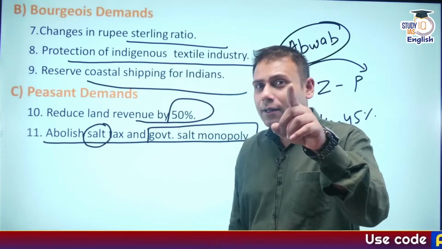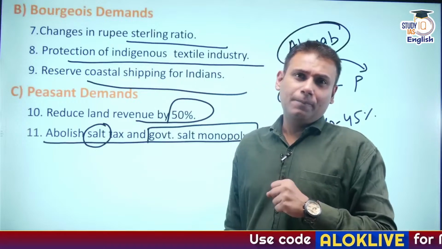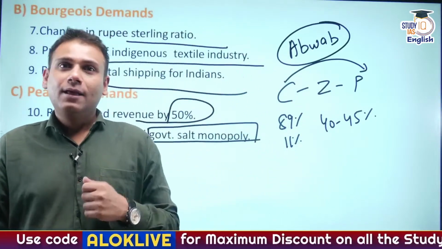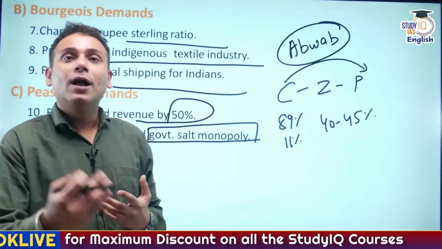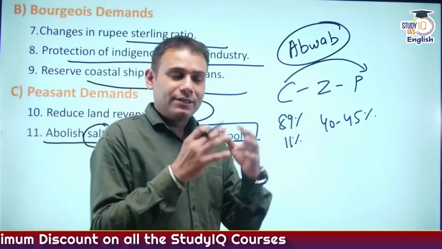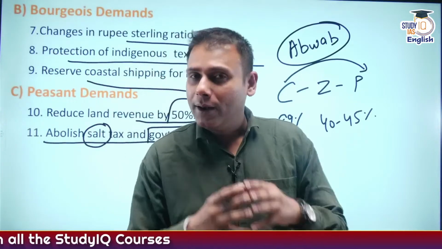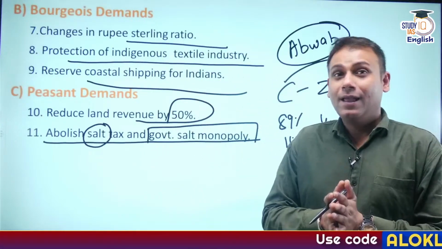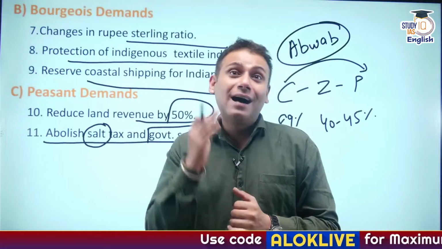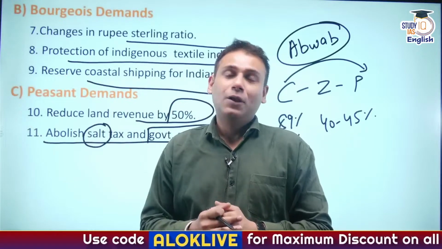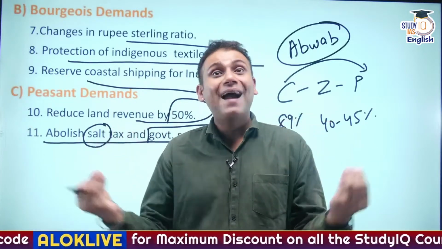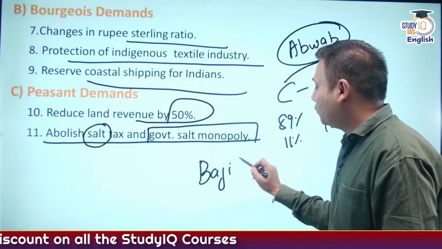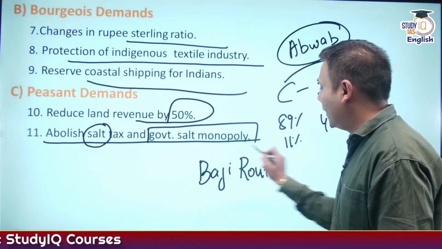If you remember, guys, if I ask you a question, who is the youngest martyr of Mother India? Obviously, the answer from your side would be Khudiram Bose ji. Correct? He was 16 to 18 years old when he became the first martyr or the youngest martyr of Mother India. Guys, go through the website of Azadi Ka Amrit Mahotsav. You'll come to know one important and astonishing fact. Baji Raut is considered one of the youngest martyrs of Mother India.